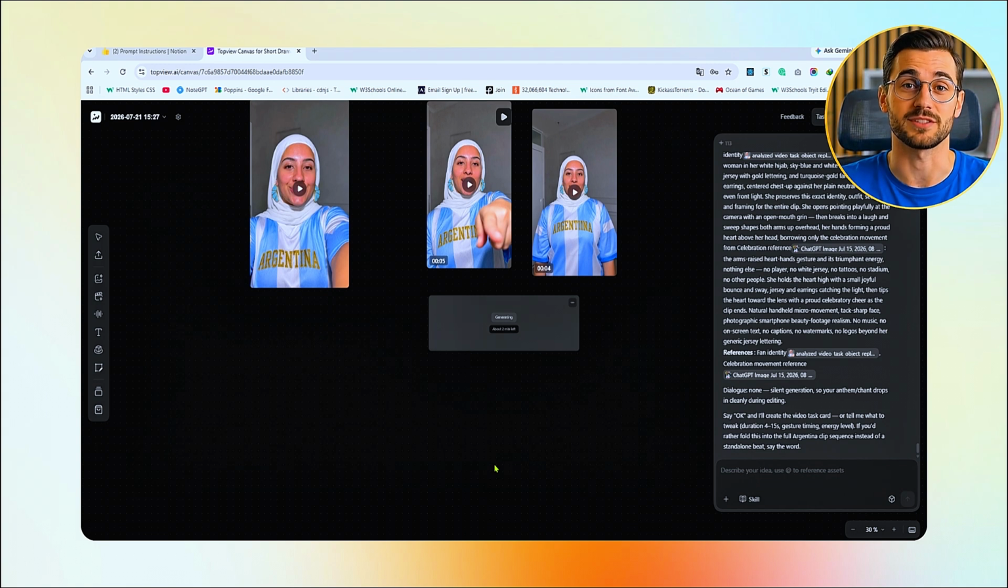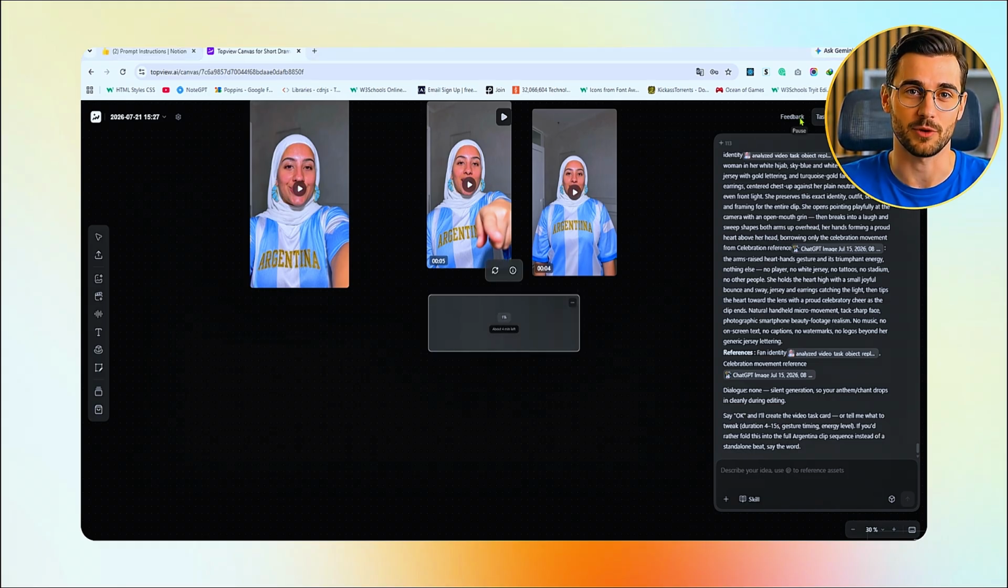Topview uses the reference to understand the overall style, then generates a brand new soundtrack with a similar mood and energy, all without leaving the platform. After a short wait, the music is ready. Now we have both our AI-generated video clips and a matching soundtrack created inside Topview. Now it's time to bring everything